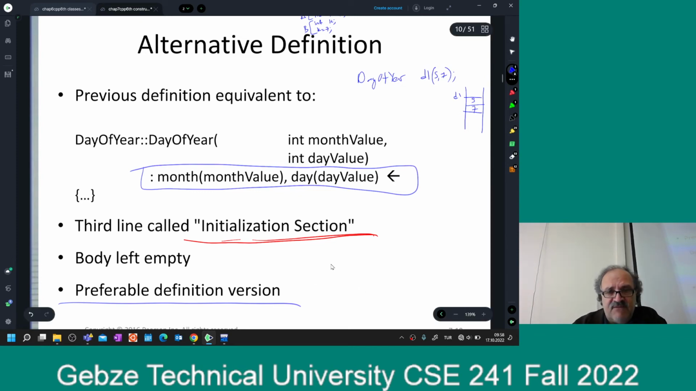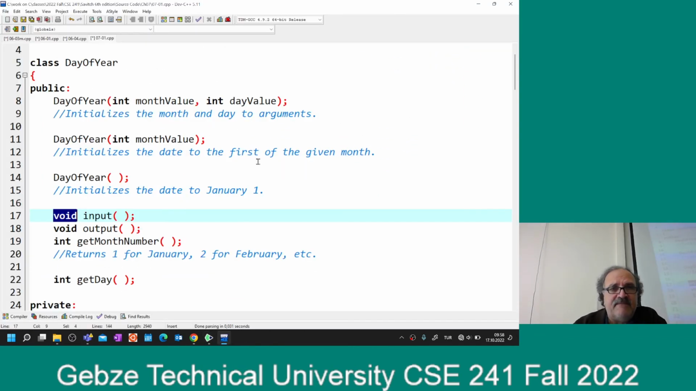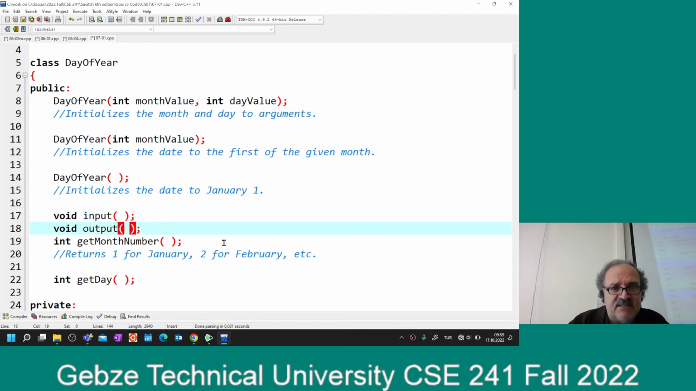After all of that, let's go to this class, DayOfYear. Input and output are here, and getNumber is here. We are not going to list all the functions that we have seen for this class because it gets crowded, so we are simplifying it. I have 3 constructors, input and output, and I didn't use the const keyword yet. But let's put const keywords. Output is a const, right? And getNumber is a